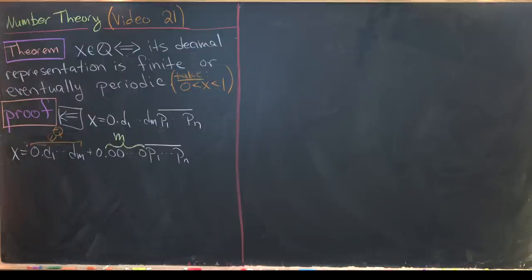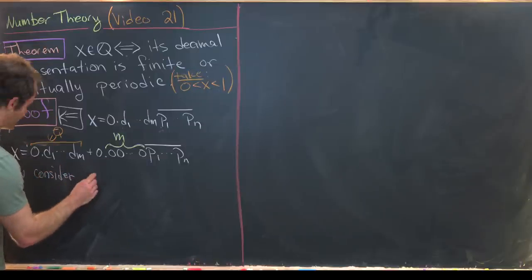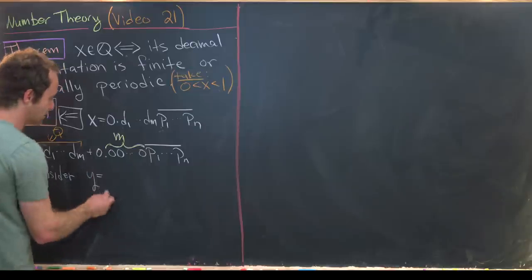So in fact, if we write it as a rational number, its denominator is only divisible by 2 and 5, again, by the proof of what we just showed. So we really just have to worry about this thing right here. So now let's write that down. Now we'll just consider this object right here, which maybe I'll call y, which is equal to